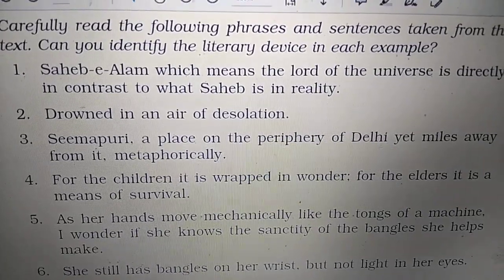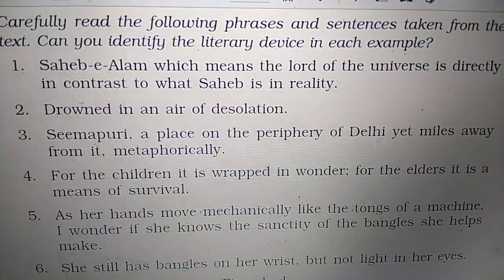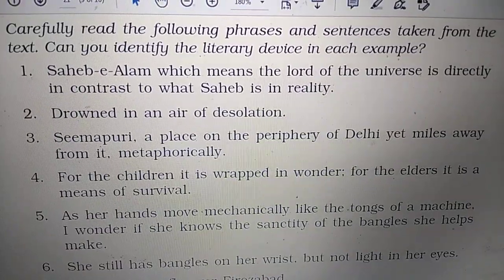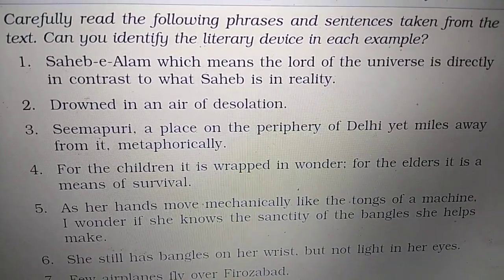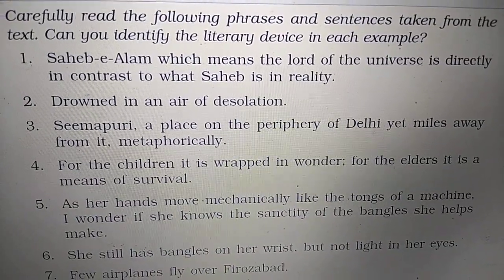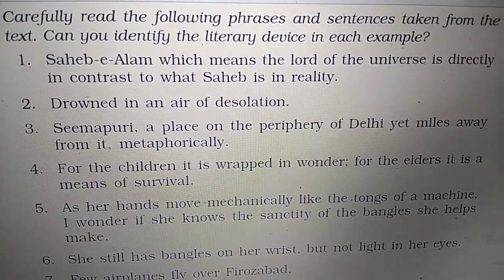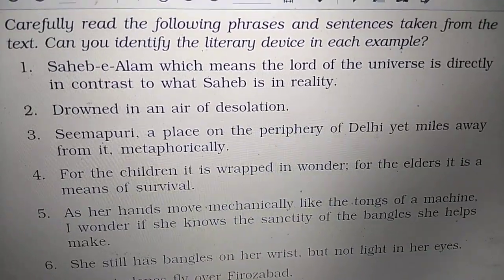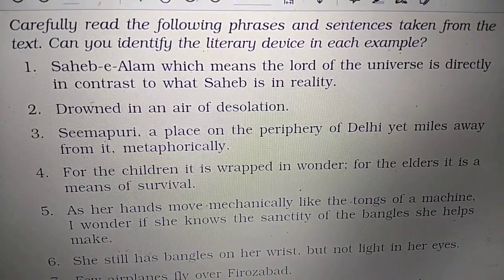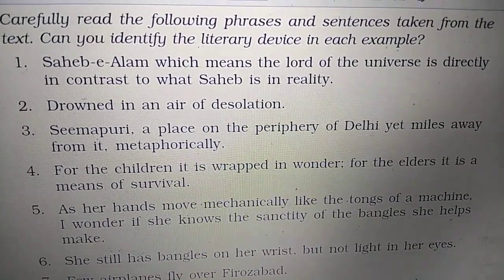Hello students. In our previous class, we discussed the two stories written by Anees Jung. The first one was "I Find a Rupee in the Garbage," and the second one was "I Want to Drive a Car." Through these stories, she depicted the plight of the deprived society and the people who live in those societies. They are devoid of education and basic amenities.